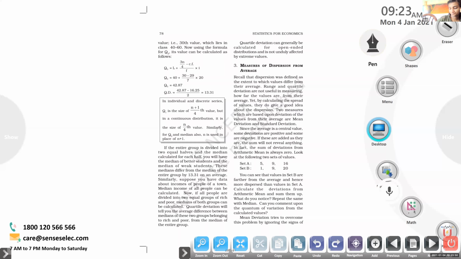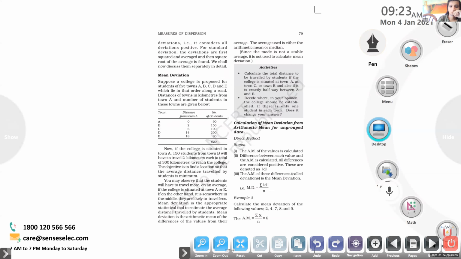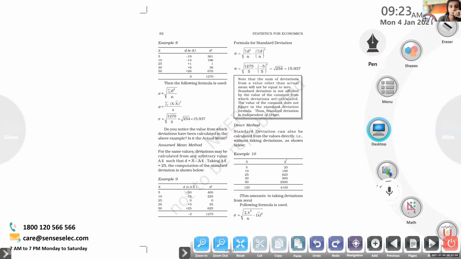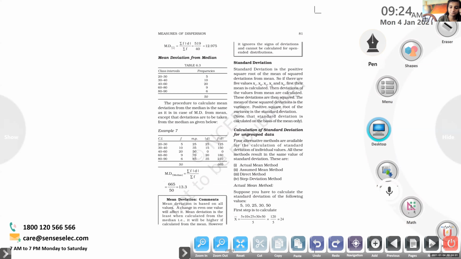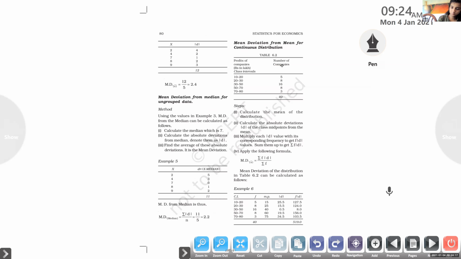Okay, so last class we completed the mean deviation, right or not? Okay, mean deviation, MD, completed. Next we are moving to standard deviation. So mean deviation, by using mean and median, right? Clear? Both methods, mean and median, we observed and studied.